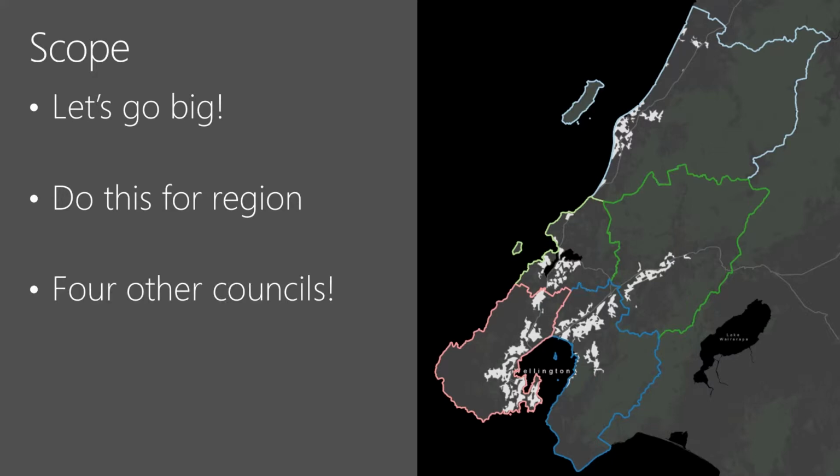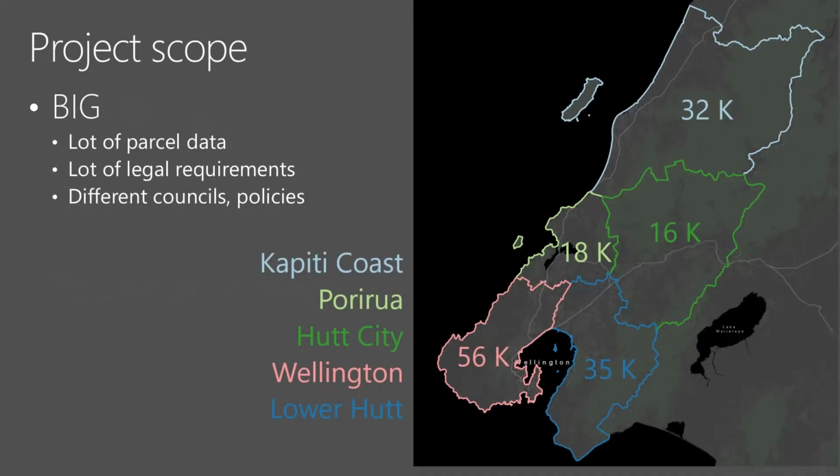In real life terms, it means we had to include 4 other councils, as you see outlined in here. The one on the lower right of the map is the council that was excluded from the project because of slower growth rate and slightly different requirements. So we had a fairly big scope of project for New Zealand terms, which includes a lot of different